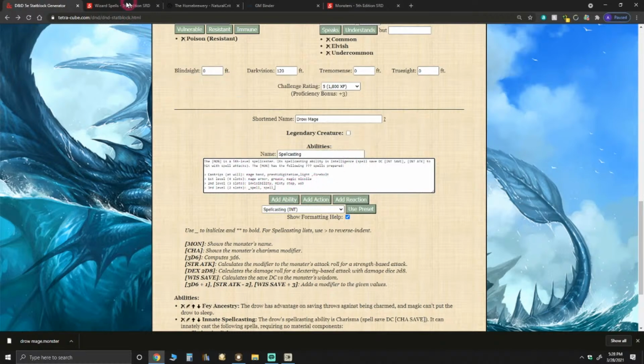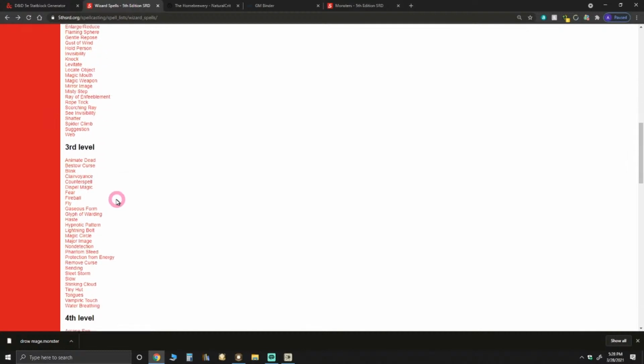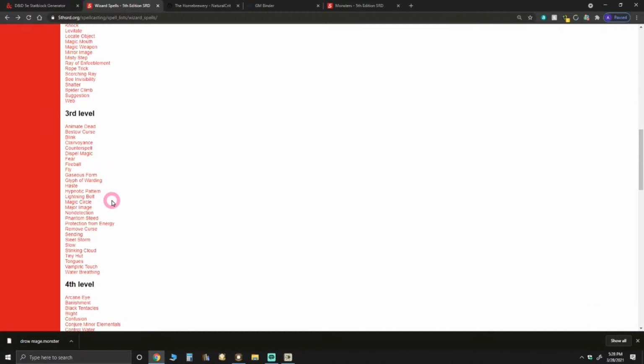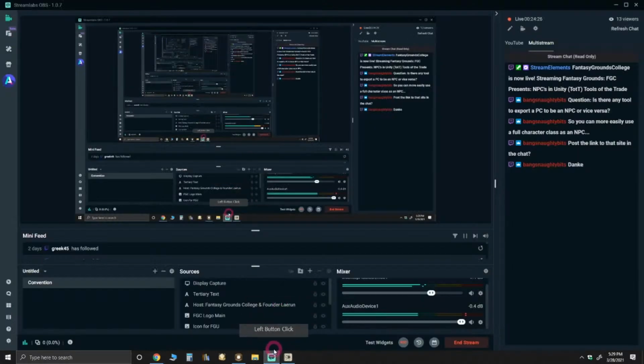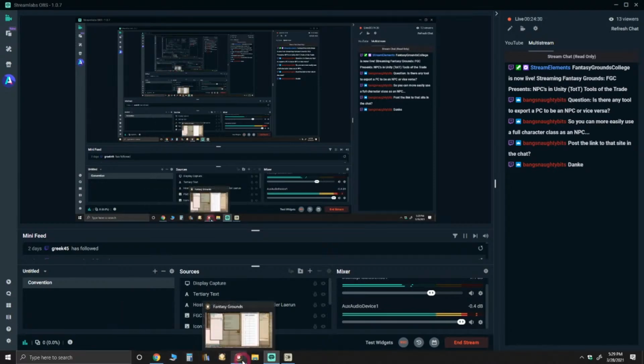And then we get 2 third-level spells. So I definitely want Fireball and then something else. Maybe Lightning Bolt instead of Fireball? I don't know. There's Stinking Cloud, Water Breathing, Slow is kind of cool. You know what? I'm going to go with, let's see, Bestow Curse, Dispel Magic, or Counterspell. There we go. That's very utility. So Dispel, yeah, no problem. So let's go with,